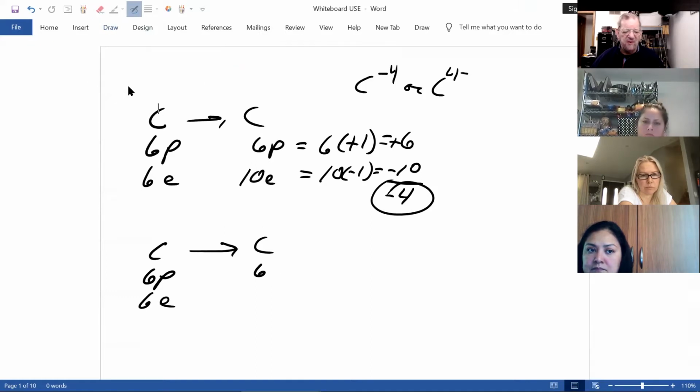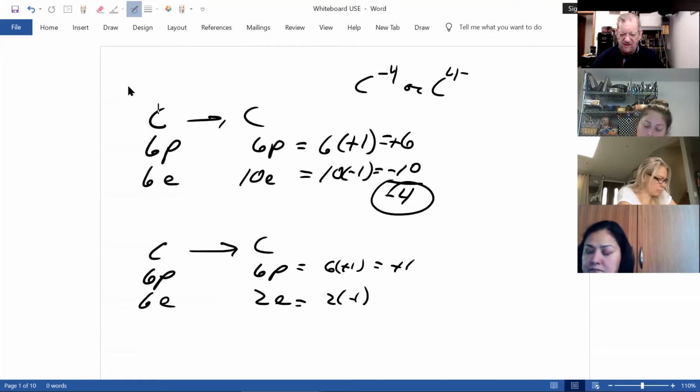It still has the same number of protons, but now it would have 2 electrons. And now if we do the math, each proton is a +1. Each electron is a -1. And therefore, if it went this way, it would be this or